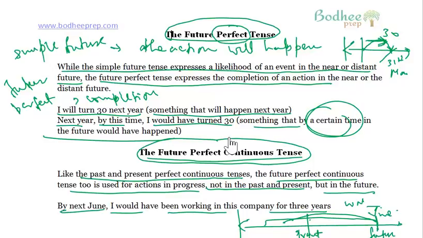So this is all about the tenses. We have discussed the present tense, the past tenses, and we have discussed the future tenses as well. The most difficult of them all was the past perfect tense and the present perfect tense and the simple past tense. The difference between the simple past, the present perfect, and the past perfect. Once you've understood the difference between these three tenses, I think you more or less have understood the overall tenses used in the English language.